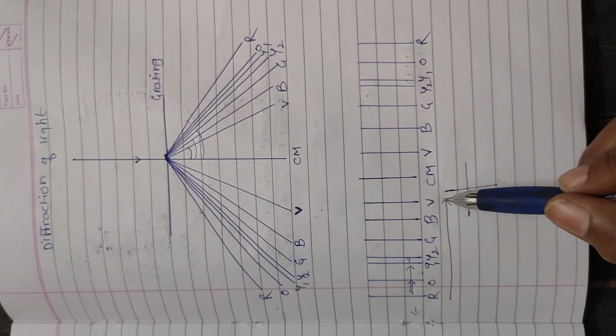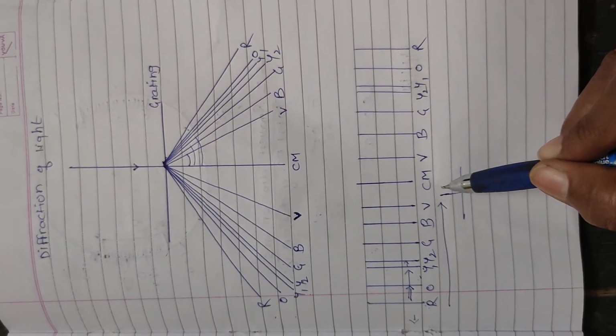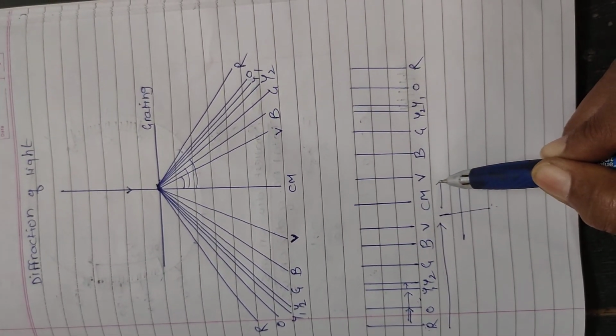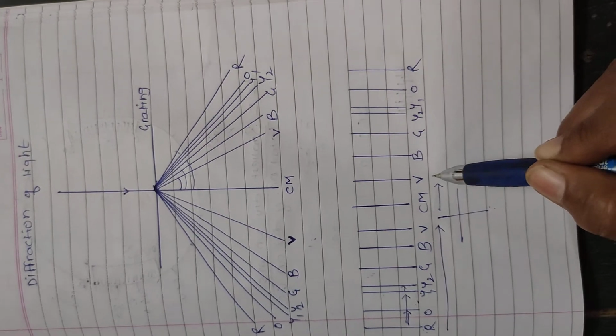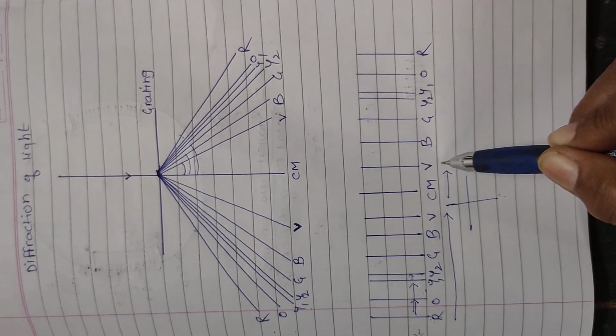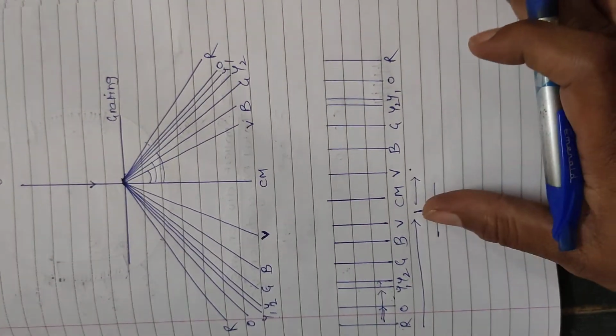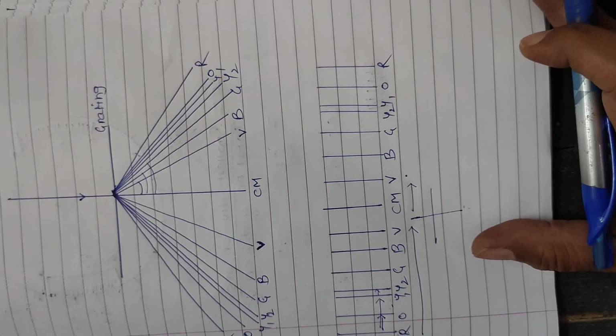When we come up to violet color, in the same direction we have to proceed and enter into the right side. Now in the right side, we will see violet color first. So overlap our vertical cross wire on the violet color line, and then the reading for that position you have to record in the observation table.